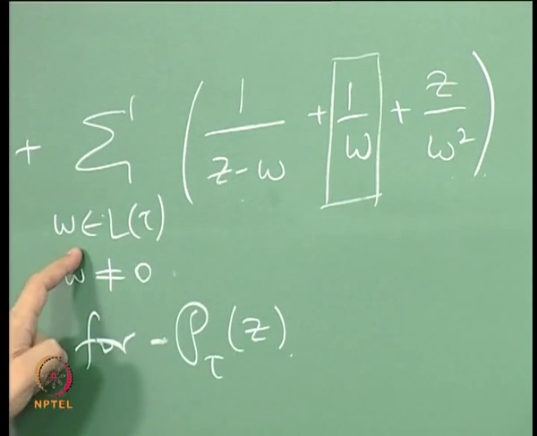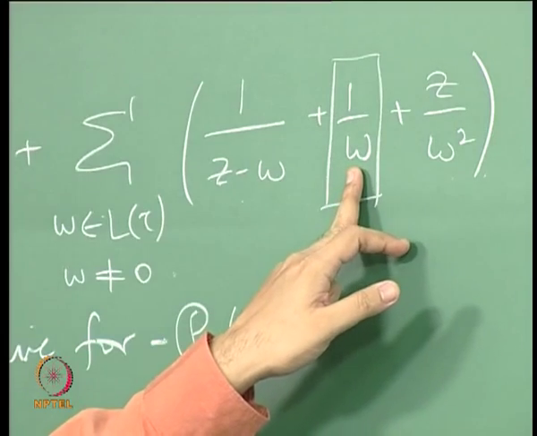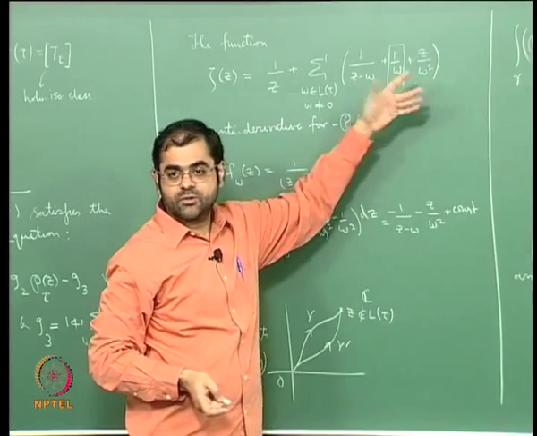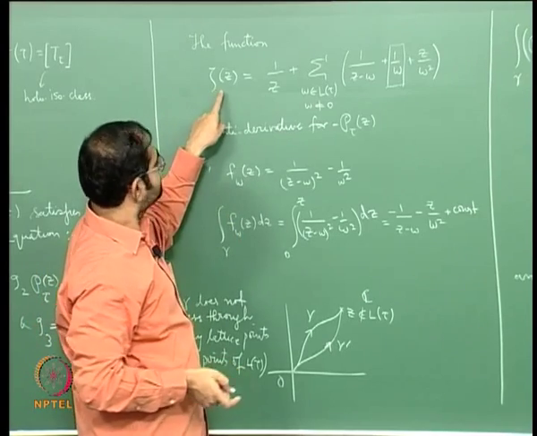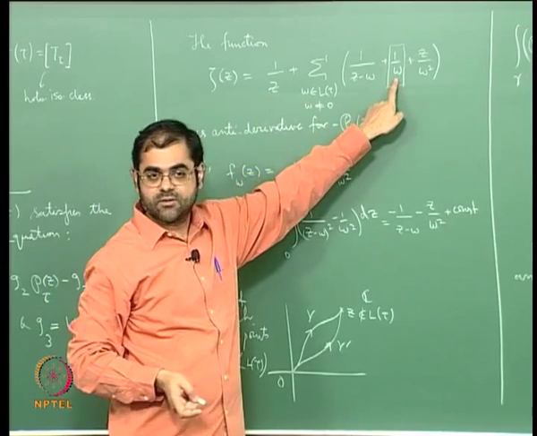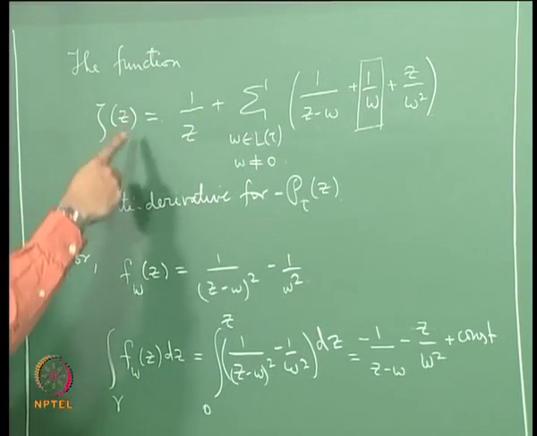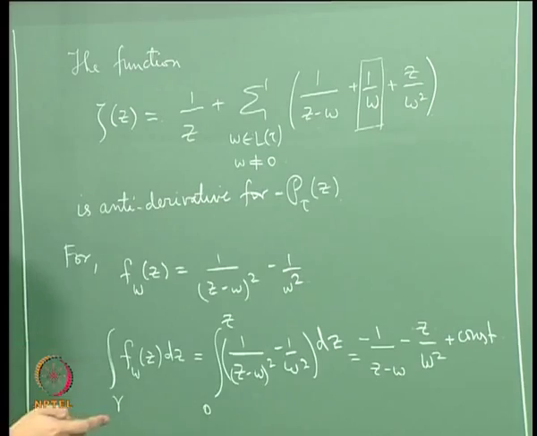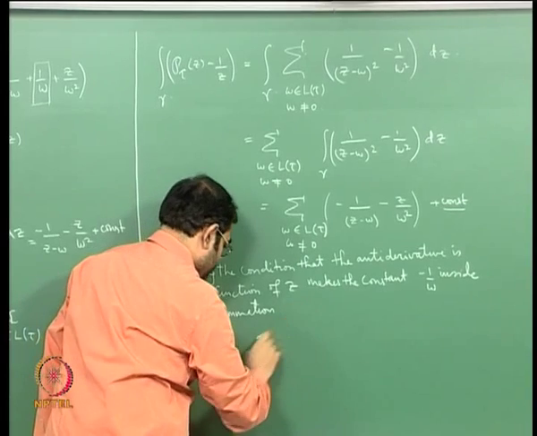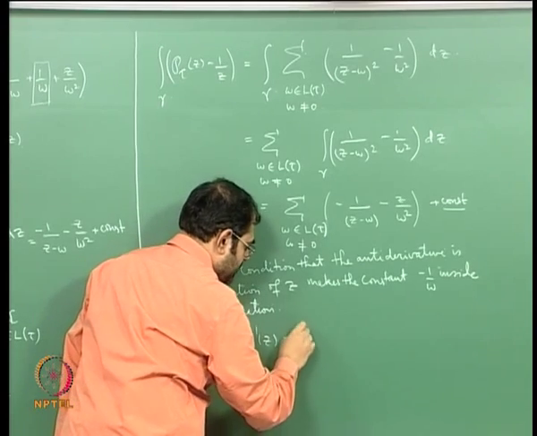Changing omega to minus omega in the lattice is not going to change the sum, but it allows me to pull a minus out of these two terms, and there is already a minus coming out of this term and that term, so I can pull a minus out throughout. Therefore this function becomes an odd function of z. So the condition that this is an odd function of z fixes this constant inside the summation, and if I differentiate this, I will get minus the phi function.